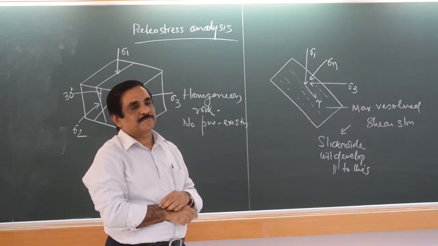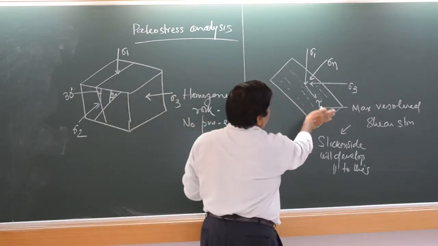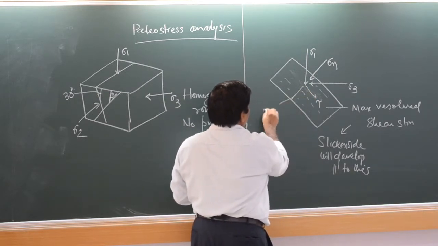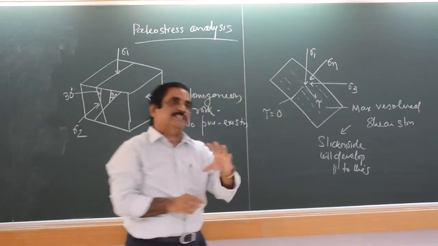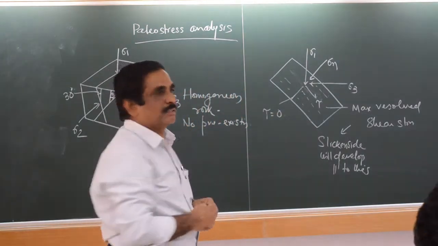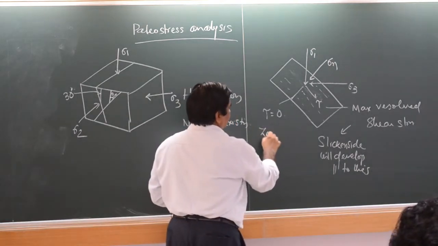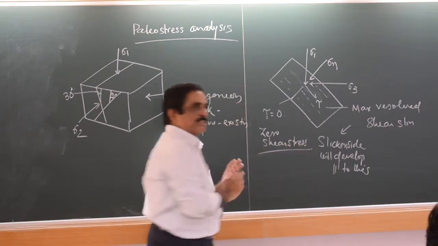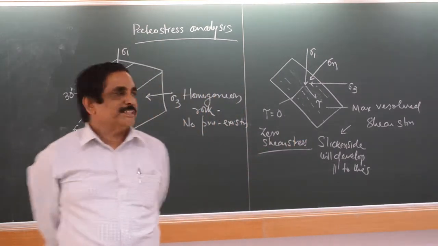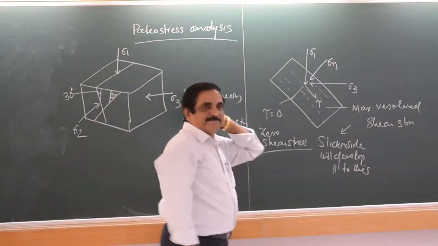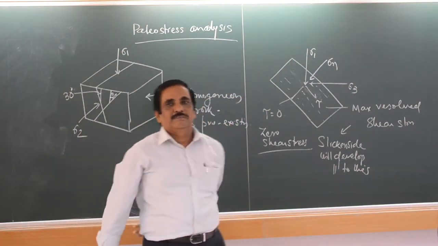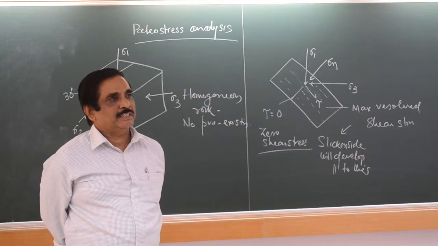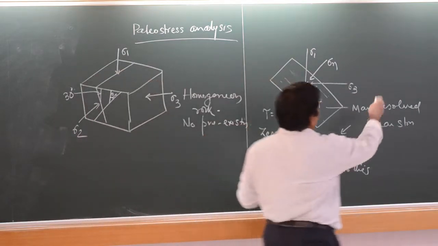And here I have told you, on this plane, at 90 degrees to the stretching lineation, or the secant side, the shear stress will be zero. It is called zero shear stress, perpendicular to the stretching lineation. This much you remember. This is essential for fault slip analysis. Zero shear stress is also important. At 90 degrees to the secant side it is the zero shear stress. Okay? Up to this I have told you,